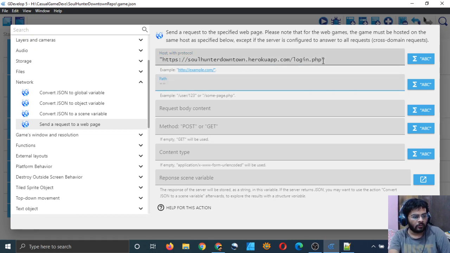So that's what our host is. Oh, it's just asking for the host here. Okay, and path will be slash login.php, login.php.